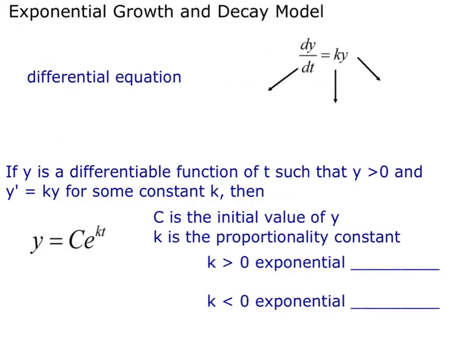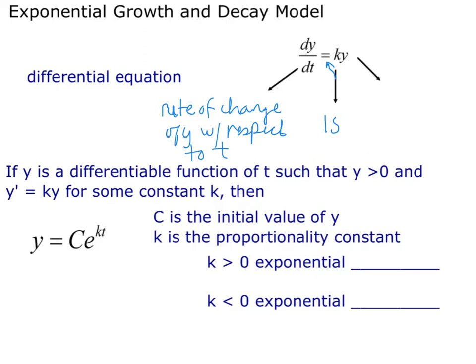Okay, so exponential growth and decay models start with a differential equation. All right, and so the differential equation has three basic parts. The part on the left just means that this is the rate of change of y with respect to time, or t. All right? This arrow actually points to the equal sign, and it is the word is. So the rate of change of y with respect to t is equal or is proportional